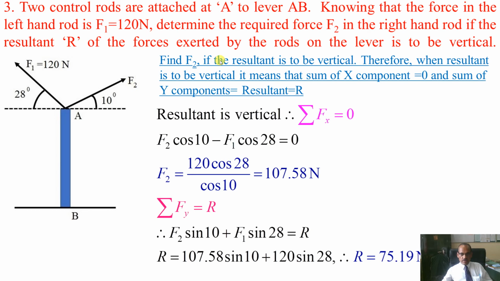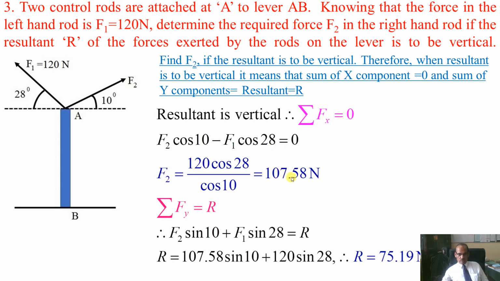So find F2 if the resultant is to be vertical. Therefore, when the resultant is to be vertical, it means the sum of x component should be equal to 0, and the sum of y component will be equal to the resultant. So let us take first summation of Fx. So this force you resolve, F2 cos 10, and this you will resolve to the left, 120 cos 28, and that will be minus. So F2 cos 10 minus F1 cos 28 equal to 0, and hence you will get F2